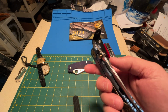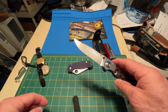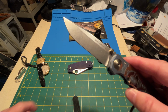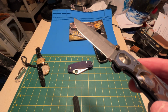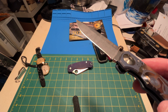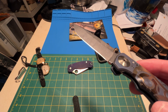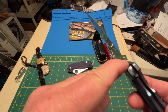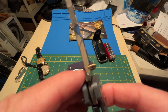Okay, all right. Let me just say one other thing. One other thing a lot of people have said is that this knife does not have a sharpening choil here at the end. It comes down, it's sharpened, and then the very last, I don't know, 1/8 of an inch or so is a false edge. Right here, basically, right? You can see the grind there, too. If I can, that's not really good, but